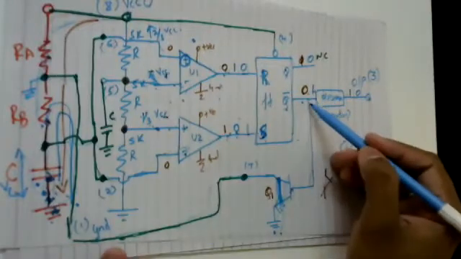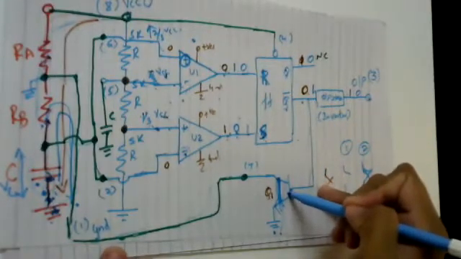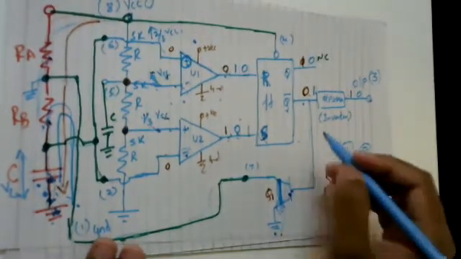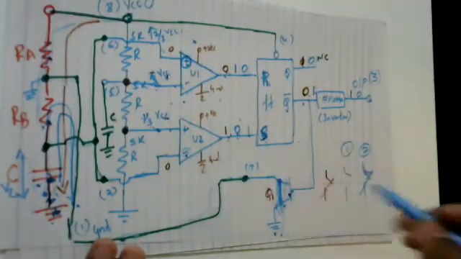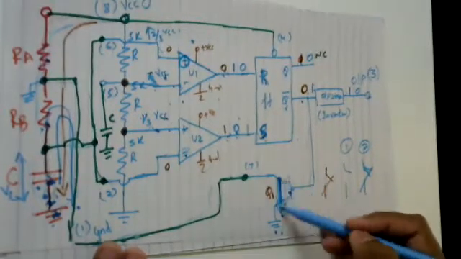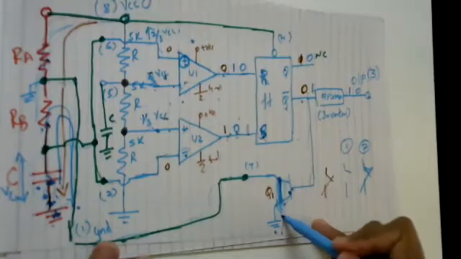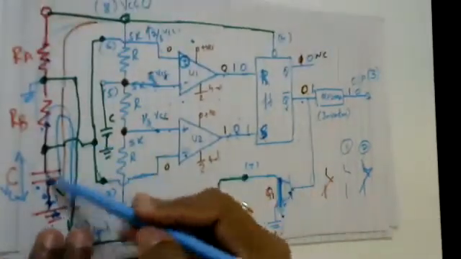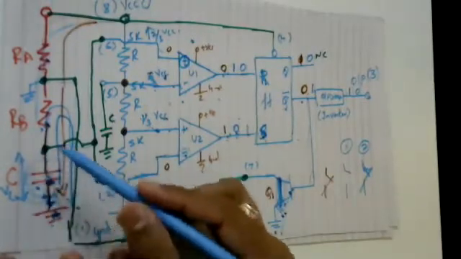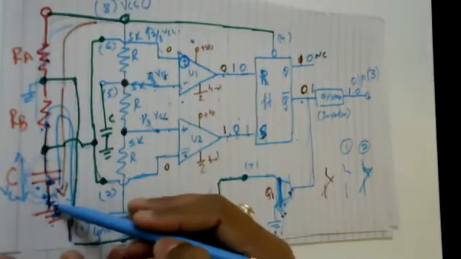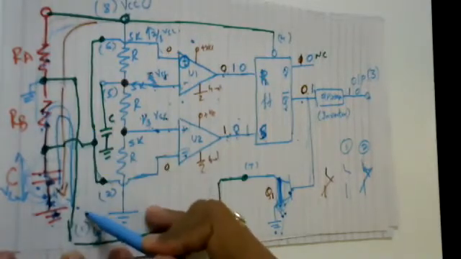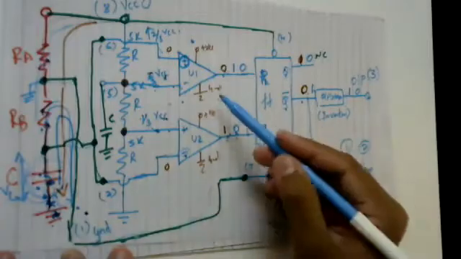Now this 1 makes the base of the transistor excited. A signal has been applied to the base of the transistor, so it works like a short circuit. Transistor working like a switch. So here the switch is shorted. Once the switch is shorted, I'm going to have a closed path over here having least resistance. So the capacitor, whatever it has charged in the first half of the cycle, is now going to discharge from capacitance to RB, RB back to the ground. Understanding? Now to what extent can it discharge?